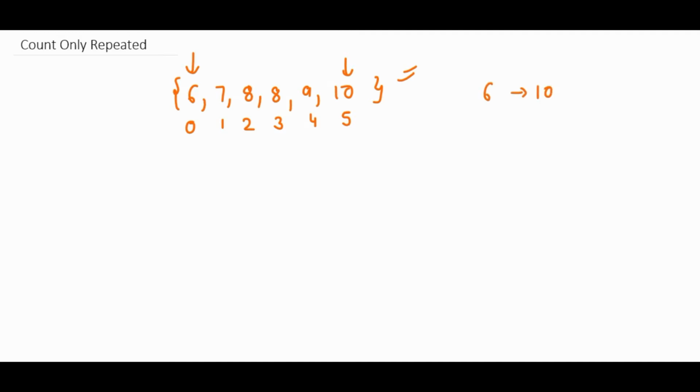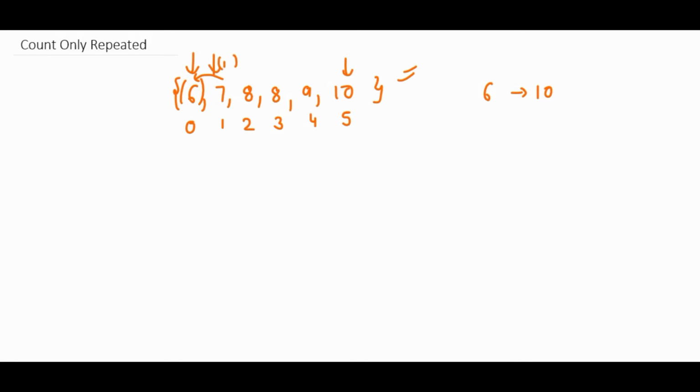So we start traversing this array. The consecutive elements should have a difference of maximum 1. If the difference is 1, then this element is not repeating. If the difference is 0, this is the element that is repeating. So let's see how we can do this. First I'll be on 6 and I'll see if 7 minus 6 is 1 or 0. It is 1, so we will move forward.